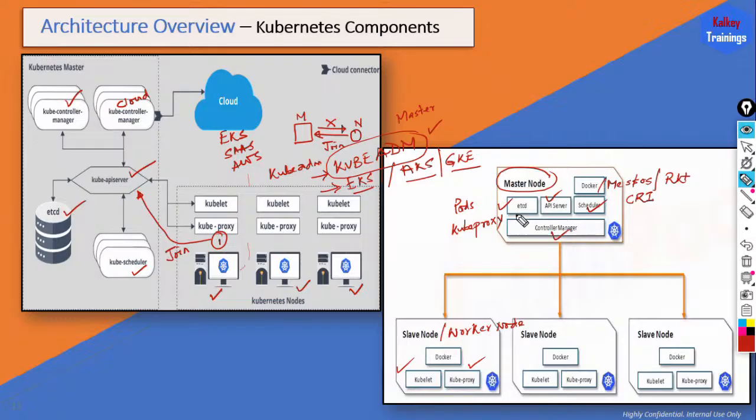etcd is a pod. API server is a pod. So that means the entire application is within the container. Each of them is a pod, not Docker. This is a pod. This is a pod. This is a pod. Now, whenever you establish a connection between the nodes, that is a cluster connection,